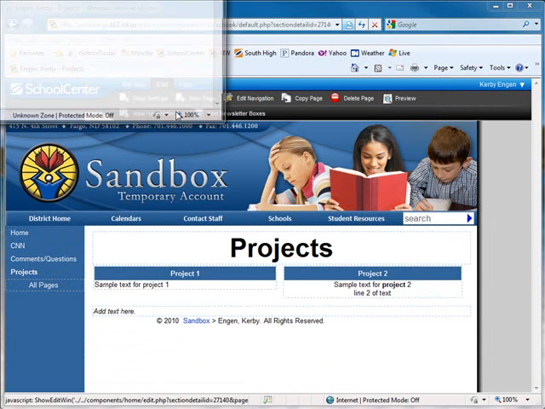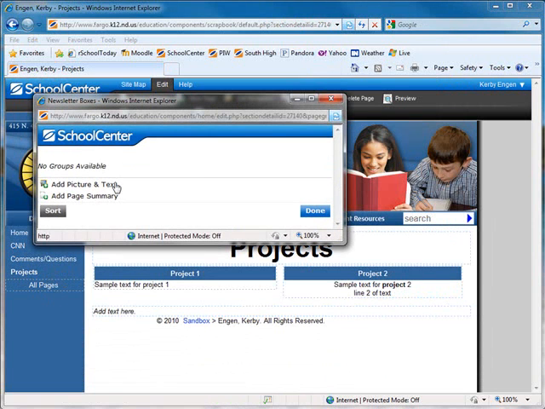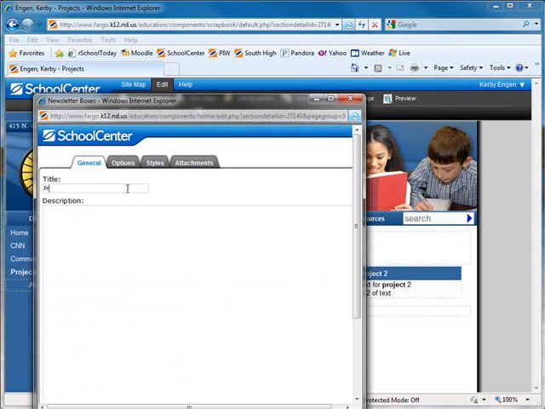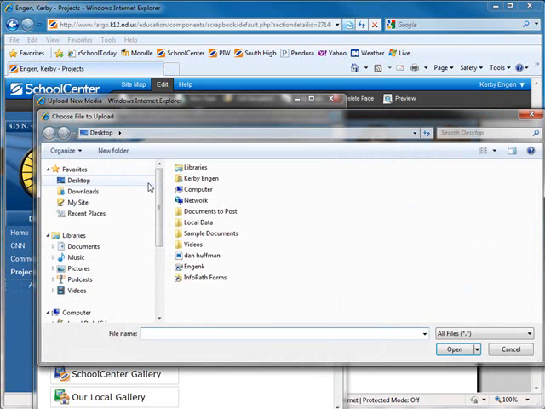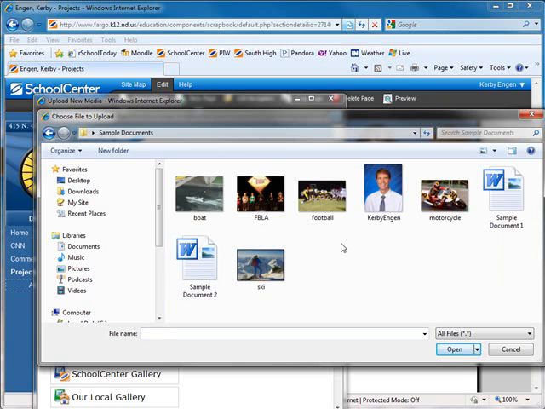Next, we'll add a third box. Add picture and text. Project 3. For this box, we will add an attachment of an image. So we'll click Attachments. Notice you can add an image, you can add links, and you can add files right into the box. So we will add an image, browse to find our image. I'll go into my sample documents, and add an image of the football game,